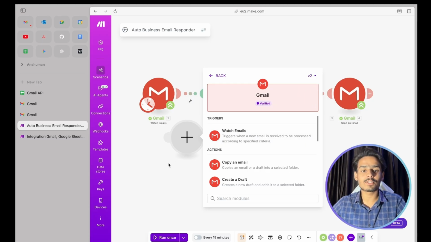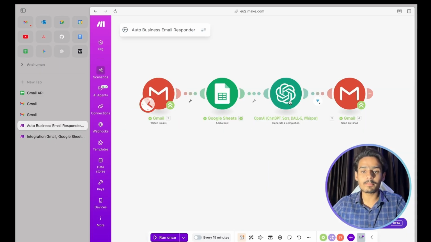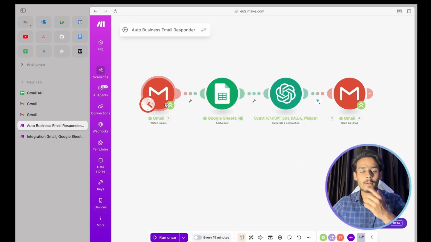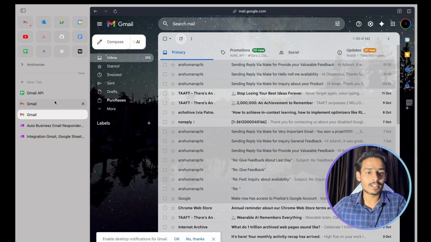So you can select version 2, and everything in the whole automation will work like that, because you will be on the previous version that is stable right now. So everything is the same as I have shown you, but you have to select this version 2 and it will work like a charm. Okay, so let's now test it and let's see how it is going through.